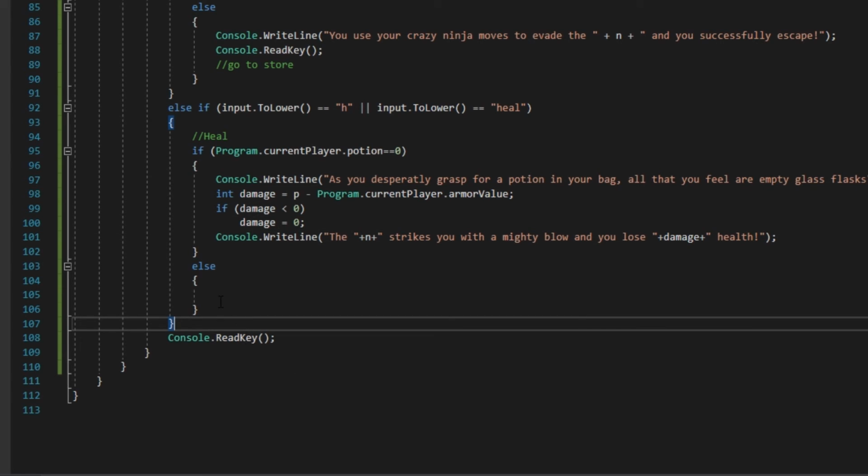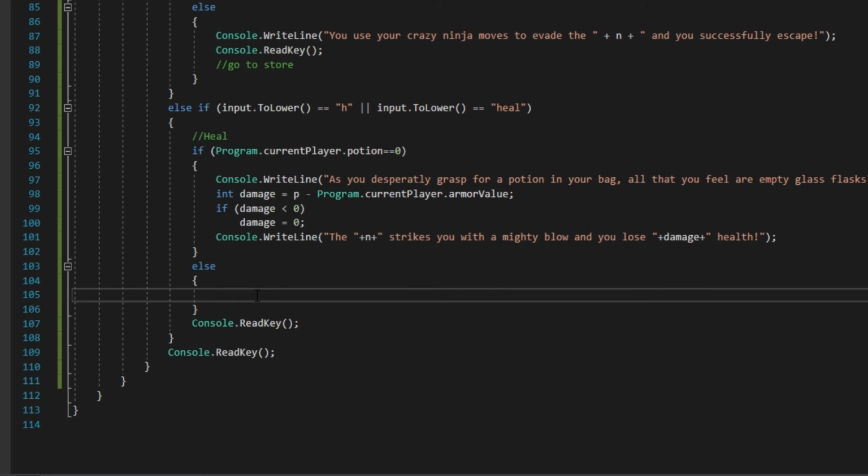And then I guess at the end of this method, we're going to do Console.ReadKey. I don't know why I keep saying get key. I think that was a Unity function. This is not using Unity. We're going to do another Console.WriteLine for the other one, if you are successful here, and it's going to write you reach into your bag and